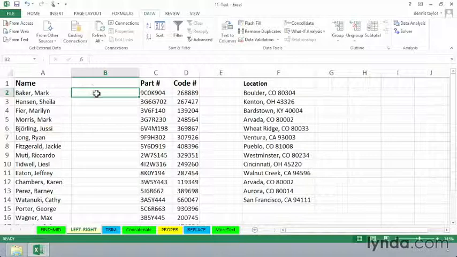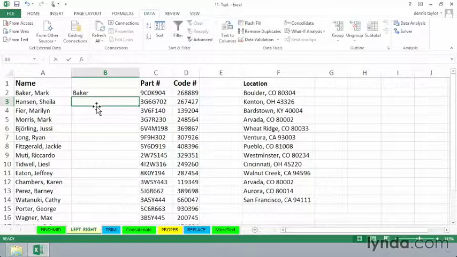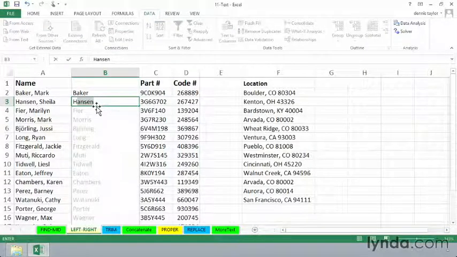For example, in column A. If you haven't seen Flash Fill, here's a quick example of it. I only want to get the last names out of here. So I'll type Baker and press enter. And now I'll type the H for Hansen, and look what happens. Flash Fill automatically senses what I'm trying to get at here, and I'll simply press enter, and we've got all